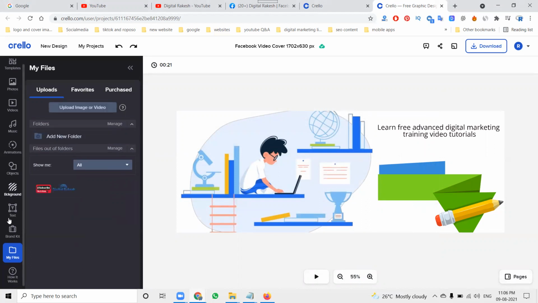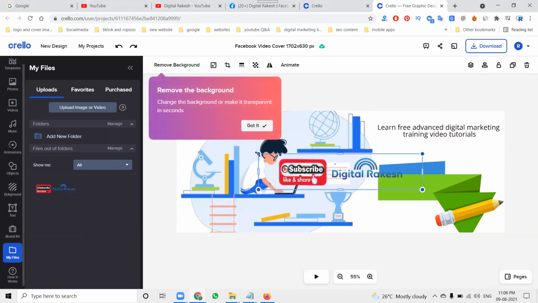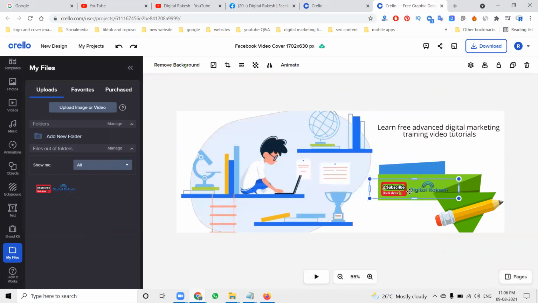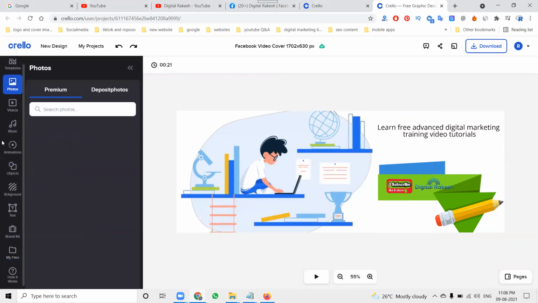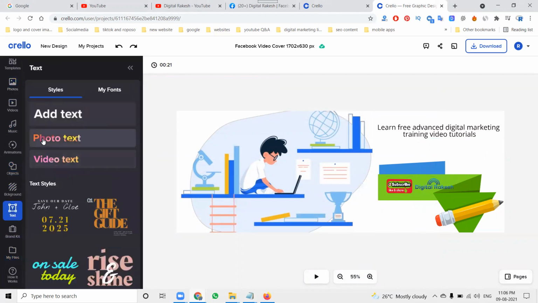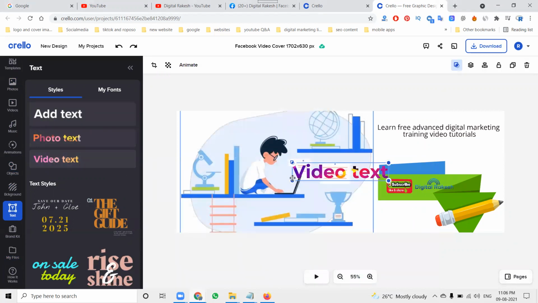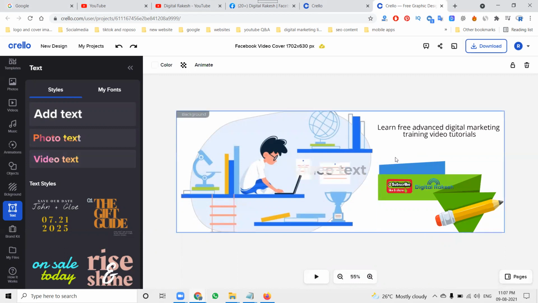Only photo can be added here. So add in this. So here, what are the texts you select here? Photo text, video text. Here is the video text. We can change this option, but I'm not looking at this option.